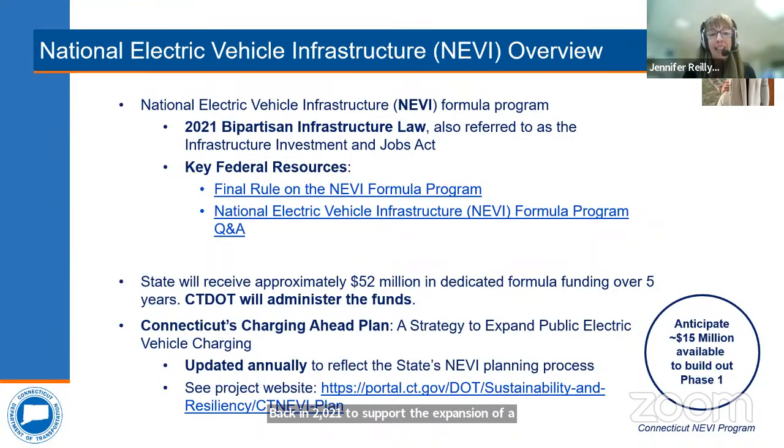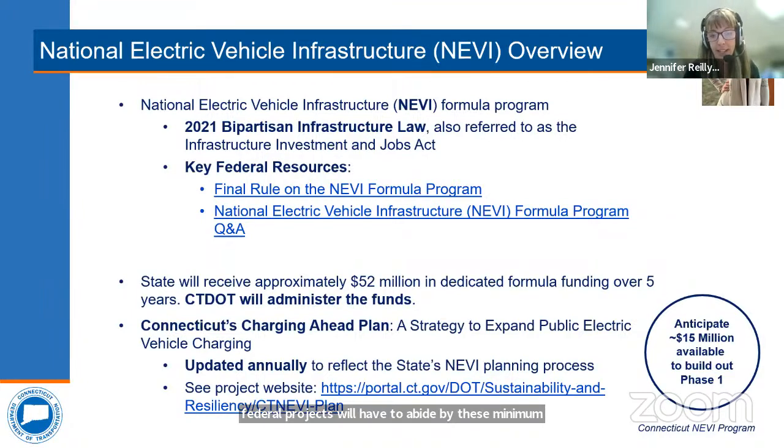You're going to hear a lot about the NEVI minimum standards, which you see referenced in this slide. These standards help ensure that each state is working with the same minimum requirements of what a fully built out fast charging network will look like across the country. I would highly recommend anyone who is going to apply to Connecticut's letter of intent and has plans to use federal funds to install EV charging to please read and understand these minimum standards, because all NEVI federal projects will have to abide by these minimum standards.